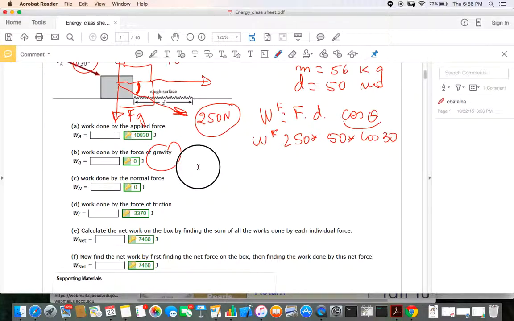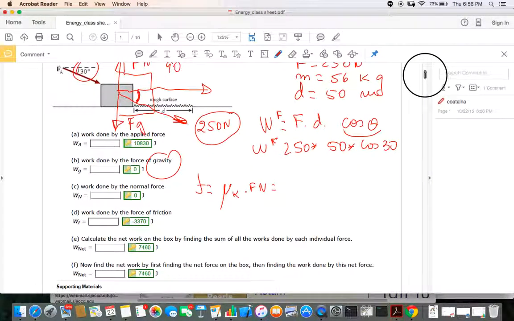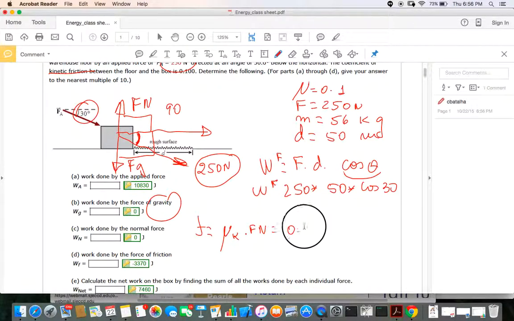Now, friction is a force given by the coefficient of kinetic friction, in this case because there is motion, times the normal force, correct? And the coefficient of kinetic friction is given, 0.1, right? Now it remains to find the normal force. This is a tricky one, because you can come and say, well, normal force is mg, but it's not. Why not? Because in addition to mg, look at this external force. This external force also gives a projection in the y direction,